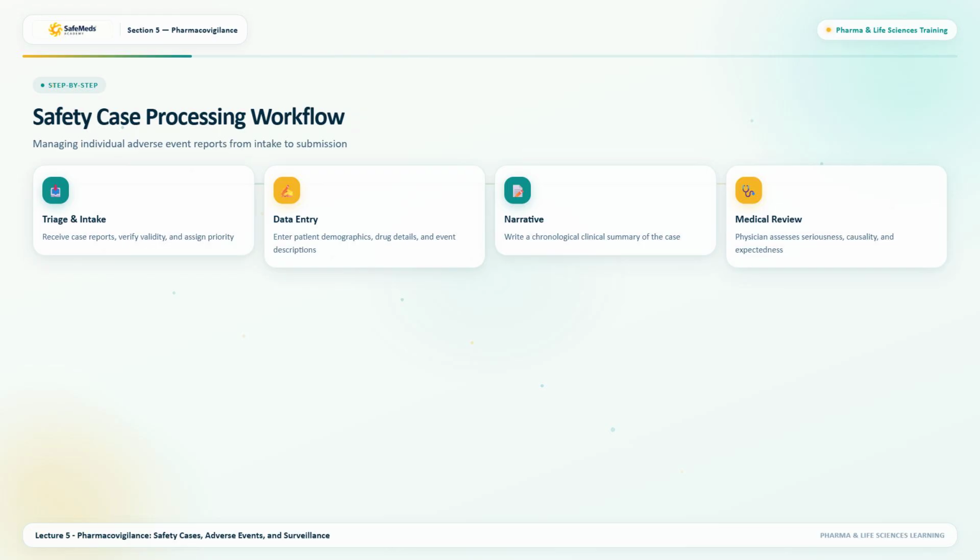Case processors perform data entry, capturing patient demographics, medical history, suspect drug details, and adverse event descriptions in the safety database. A critical step is writing the safety case narrative, which provides a chronological summary of the patient's clinical course, investigations, and safety outcomes. The case undergoes medical review by a physician to assess causality and seriousness before being finalized